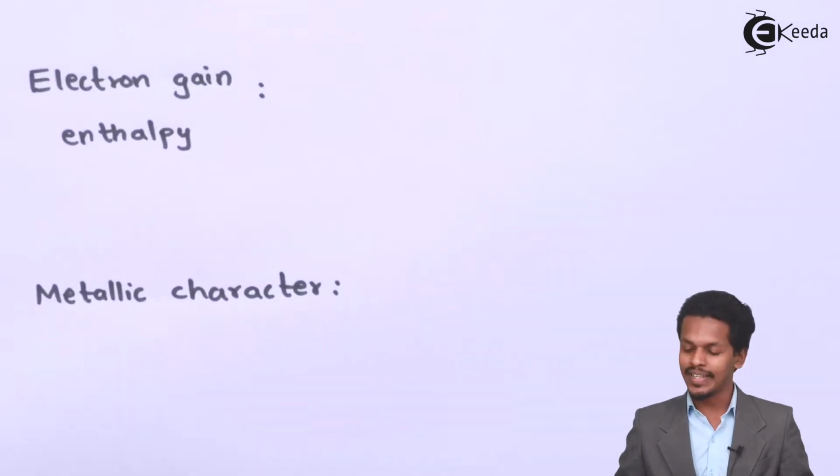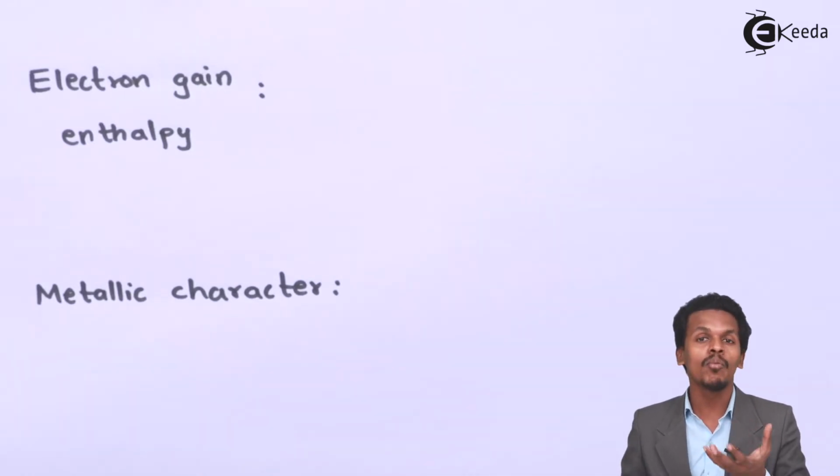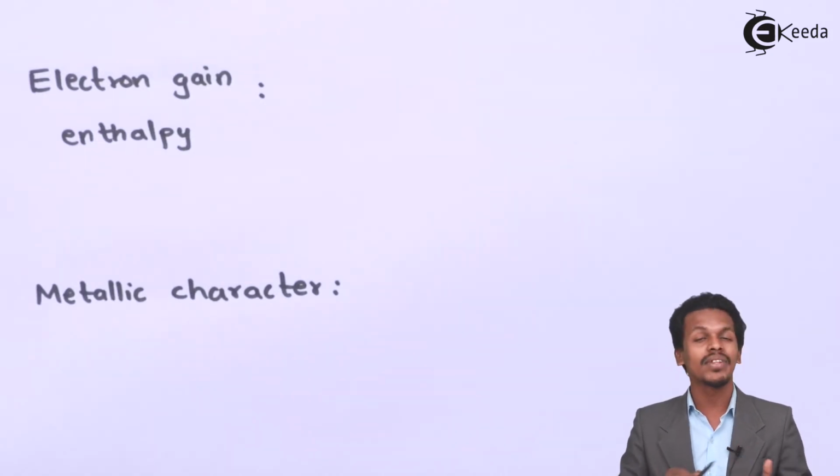So talking about the next point, that is electron gain enthalpy. We already know what electron gain enthalpy is. It is nothing but the energy released when 1 mole of electrons is accepted by an atom. In this case also, I'm going to talk about the trend of the electron gain enthalpy of group 16